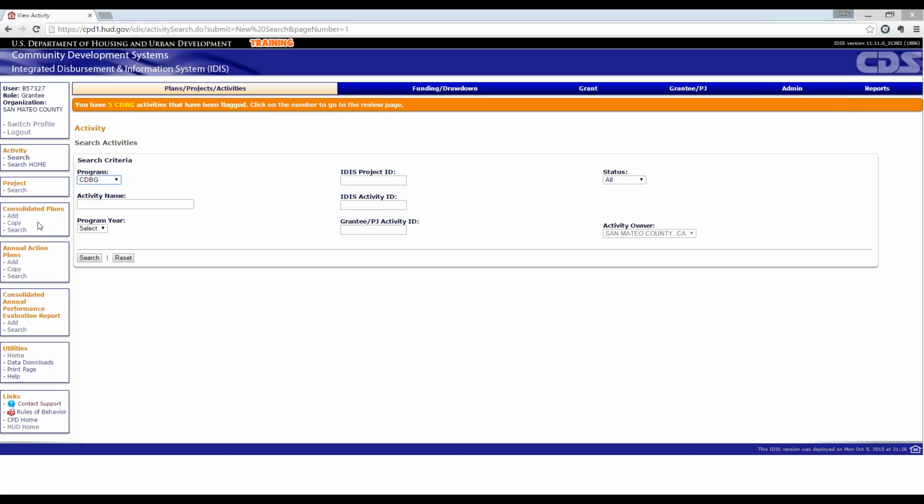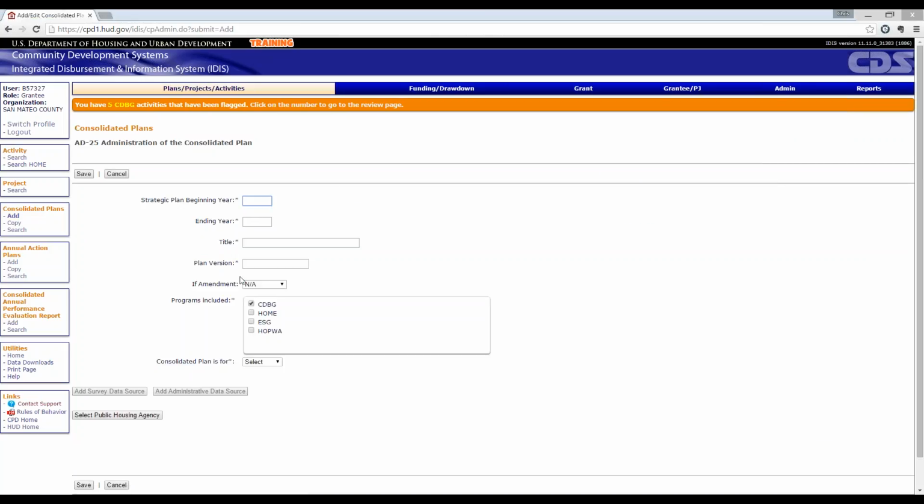So for the lead grantee to set up the plan, under the Consolidated Plan submenu here, click on Add. And this will bring up the AD 25, the Administration of the Consolidated Plan screen. You'll go ahead and enter your comp plan start year of 2016 and ending year of 2020. And you have to give it a title.